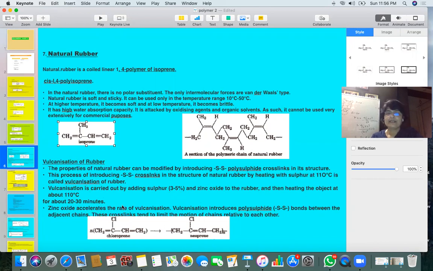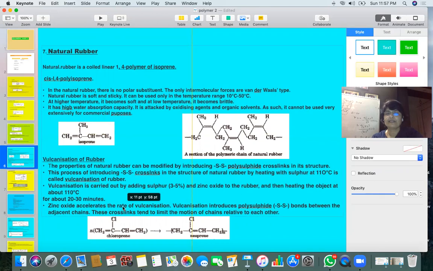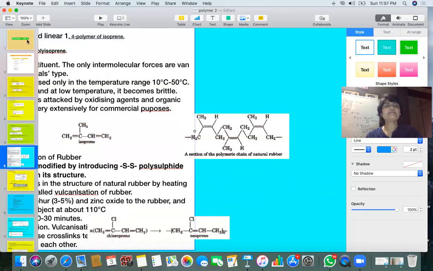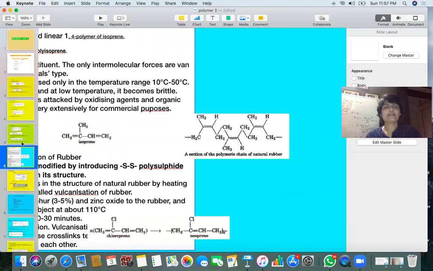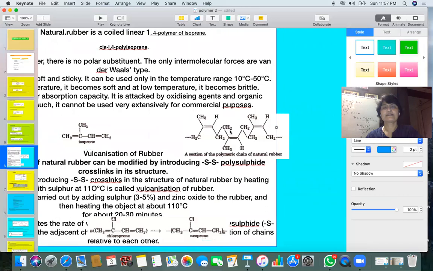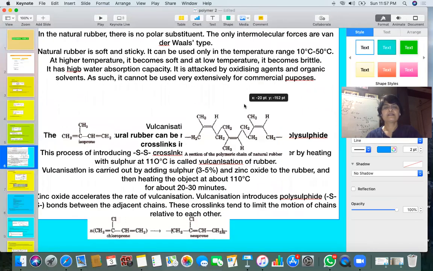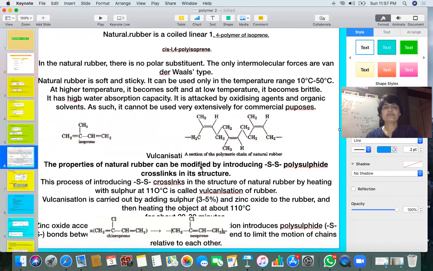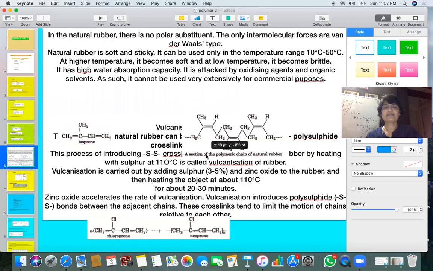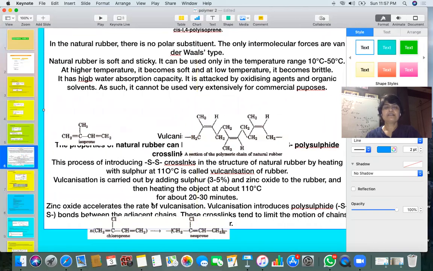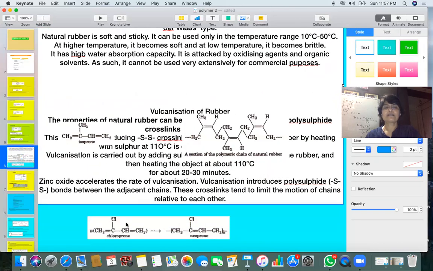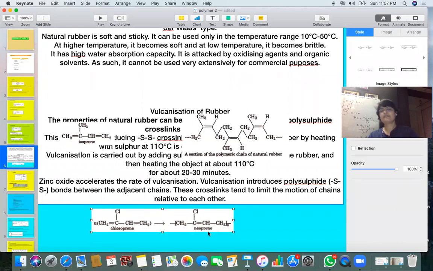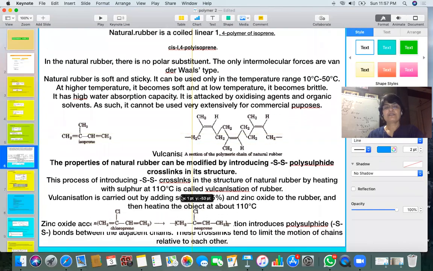Basically, we say that zinc oxide helps in increasing the rate of vulcanization. A sulfur-sulfur bond is basically made in between, so you will notice that here. Next, properties of rubber which you are taking. Zinc oxide we have already taken here. This is our chloroprene, which makes artificial polymers, neoprene, and this is also taking place through pi bonds, you will find. So this is given.